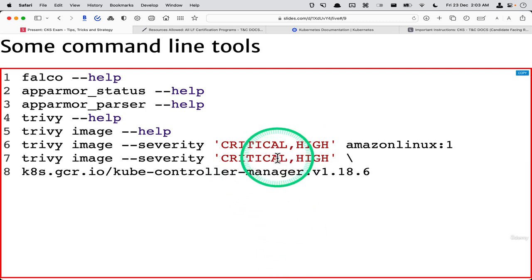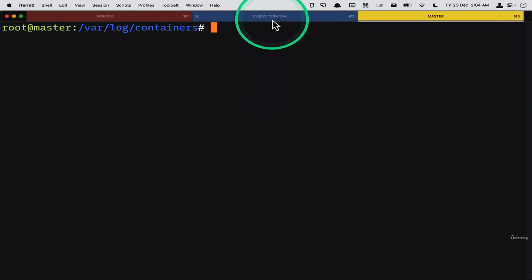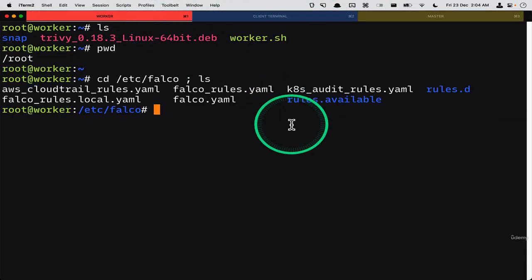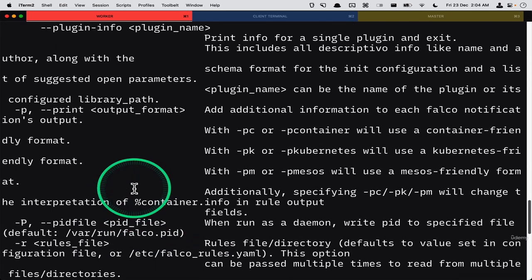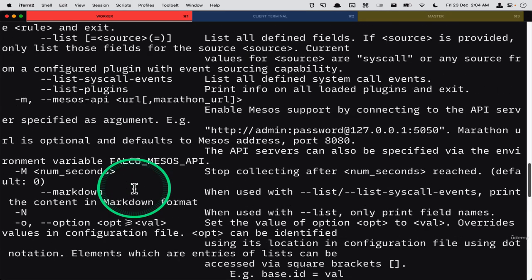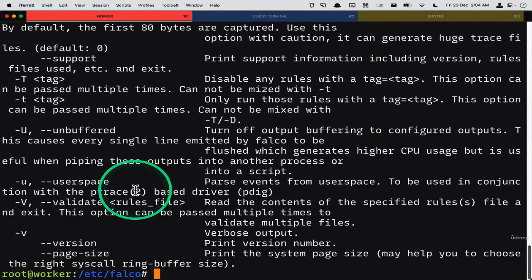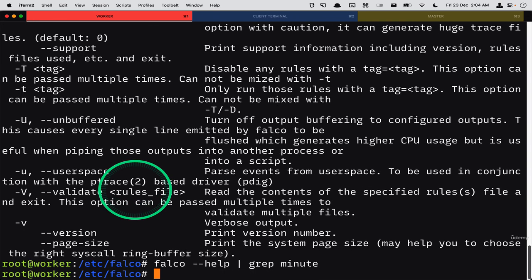Now some command line tools. I just wanted to point out that since they have already mentioned Falco, AppArmor and Trivy will be coming up, you don't have to memorize everything. If you just do falco --help, it will show you what options are available. I'm on my worker node because I installed Falco and the other tools here. So if you do this, you will see all the options you may have to use. For example, if I just do grep minute,